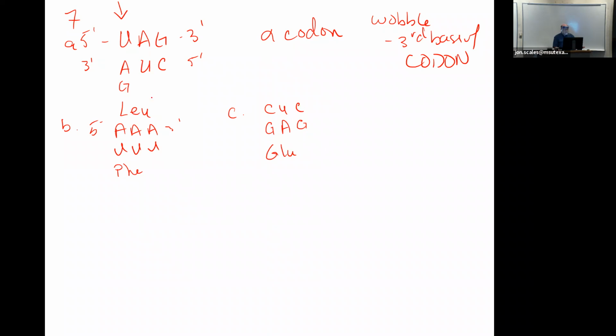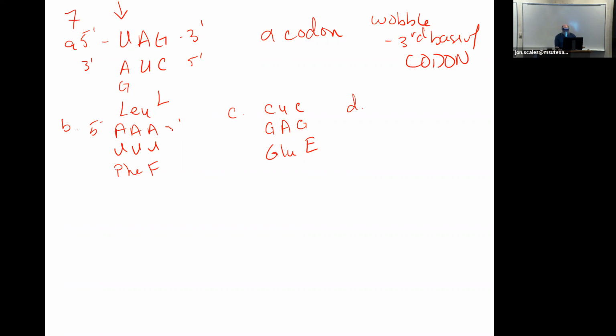Right, so this one was leucine, that's an L, this is an F, this is an E, if you want the single letters. There's not going to be an alternative because C doesn't have an alternative wobble. Okay,